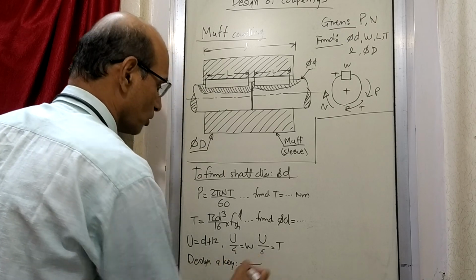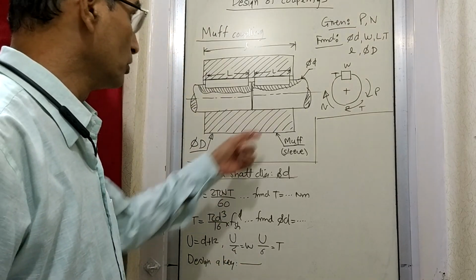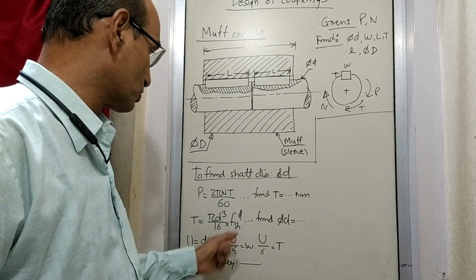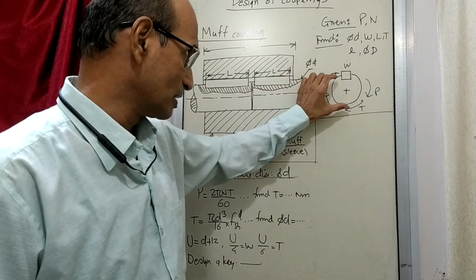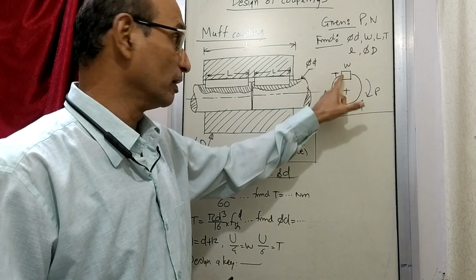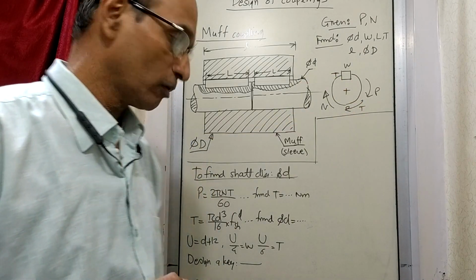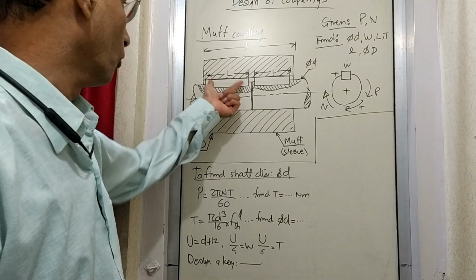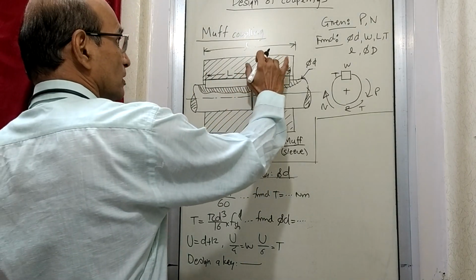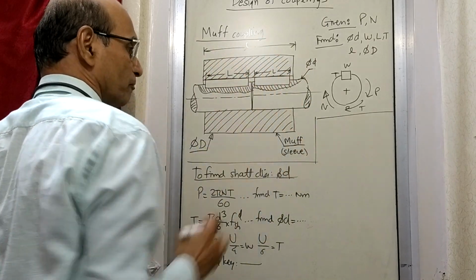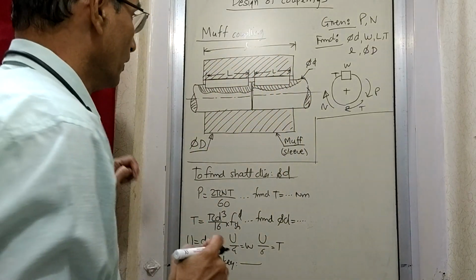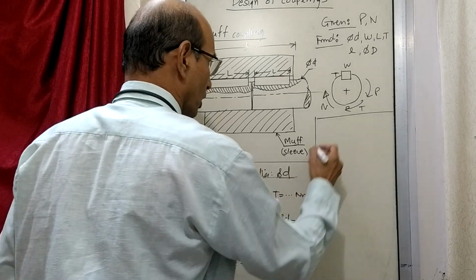Now this procedure of how to design the key is already discussed. So up to here it is the same as the earlier problem. We have finalized the shaft diameter and the cross section of the key. So that much is done up till now. The next thing is this sleeve, or the muff. How to design this muff? That is the next part. Now for this, one thing is sure, that the length